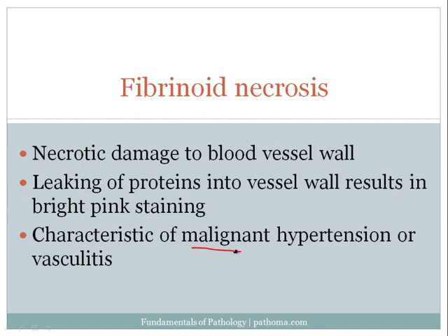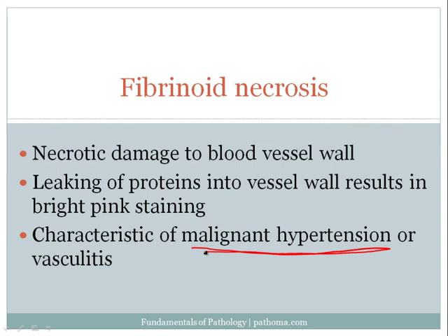The first is malignant hypertension. Why don't we go back? What is malignant hypertension? Well, hypertension or high blood pressure can be divided into benign and malignant. Benign hypertension is a sort of low-grade hypertension that creates long-term progressive chronic damage to organs. Malignant hypertension is a very high blood pressure that presents with clinical findings such as headache, renal failure, papilledema, and